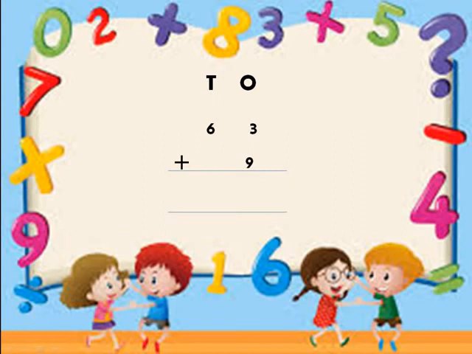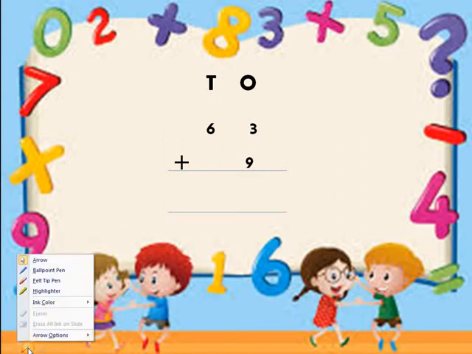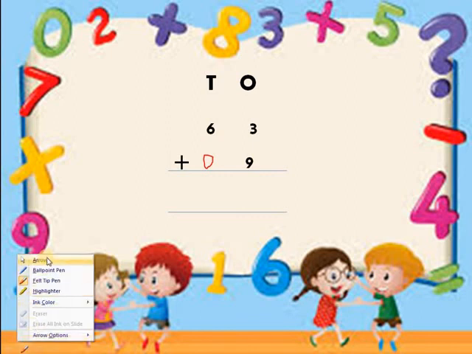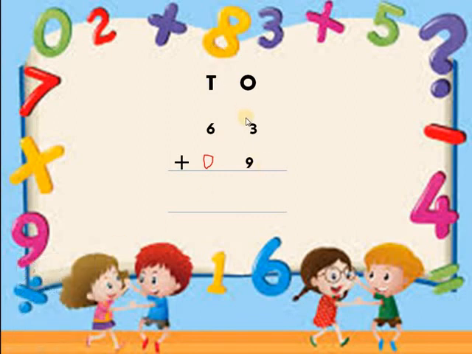If you are confused, you can write 0 here, and once you remember that this is considered as 0, stop writing 0. In the initial stage, yes, you can write 0 so that you don't get confused. Okay. Now you are going to start from, wow, great, ones. So here we are going to start from 1. So 9 plus 3 is 12.